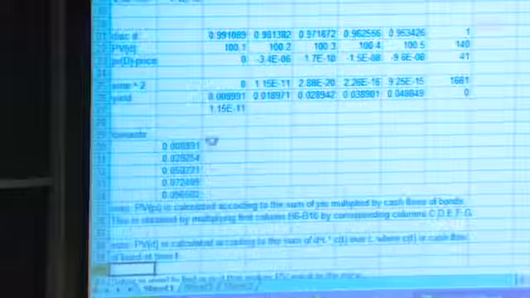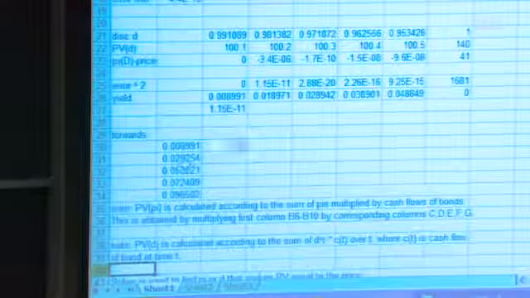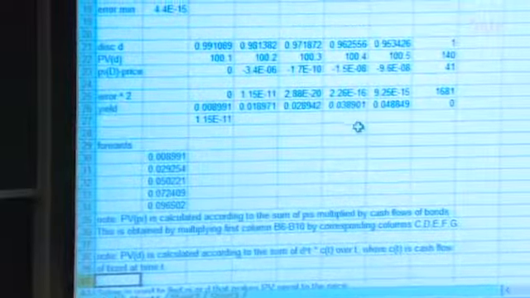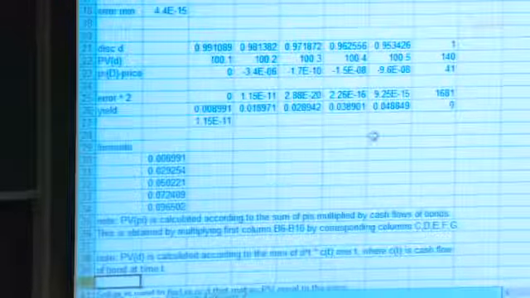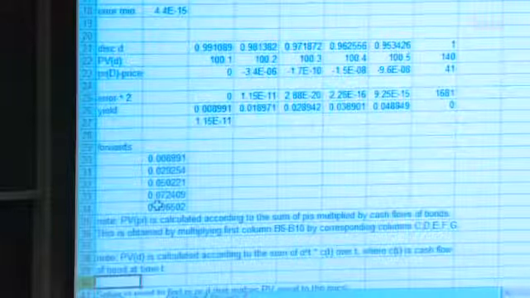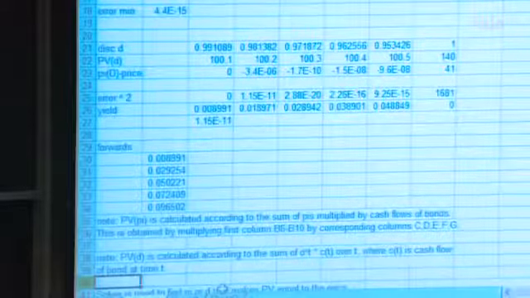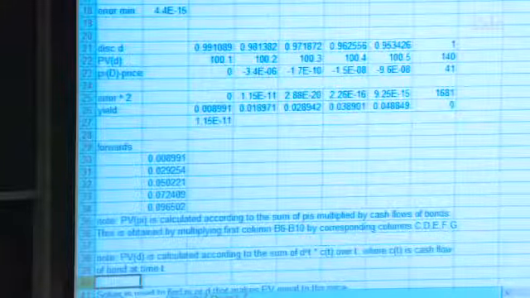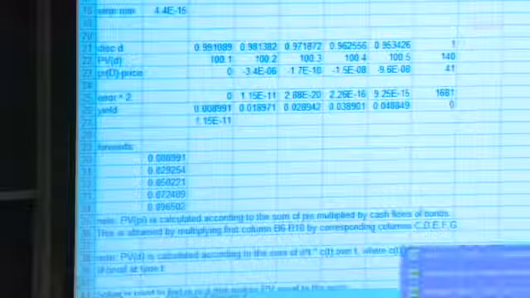Okay, they went from 0.008%, which is the same as that one, to 2.9, which is bigger than 2.8, to 5, which is way more than 3.8, to 7.2, which is way more than that, to 9.6, which is way more than that. So the forwards went up much faster than the yields. So why is that obviously going to be the case whenever the yield curve is upward sloping? So if we go back to our picture here,